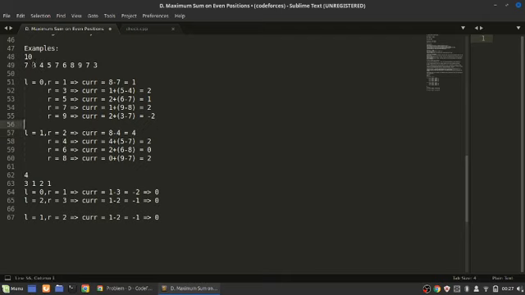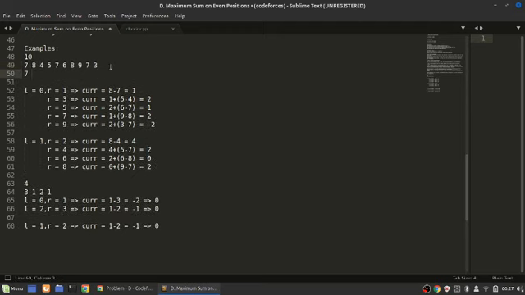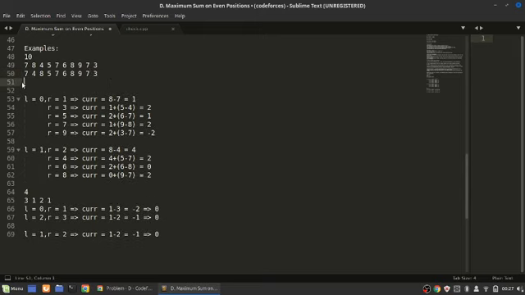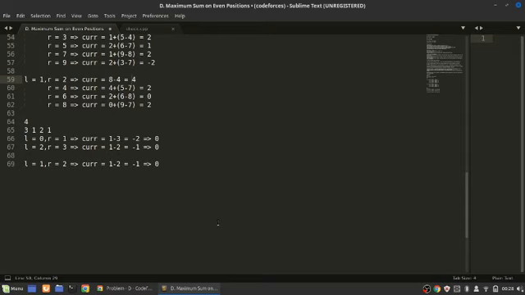So when we reverse L equal to 0 and R equal to 2, the array that we get is 7 4 8 5 7 6 8 9 7 3, and the sum we get is 7 plus 8 plus 7 plus 8 plus 7, which is 37. And originally the even sum was 33, and the difference we got is equal to the maximum current, which is 4. So let's look at a different example, the last example, which is 3 1 2 1.